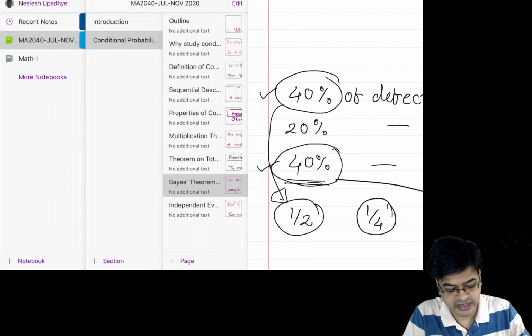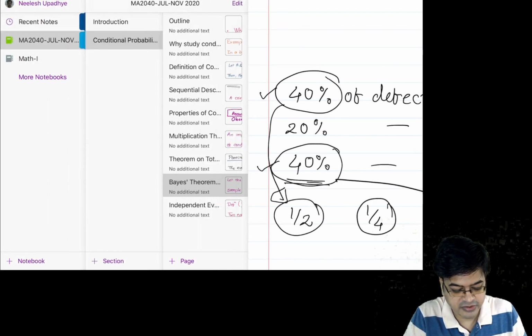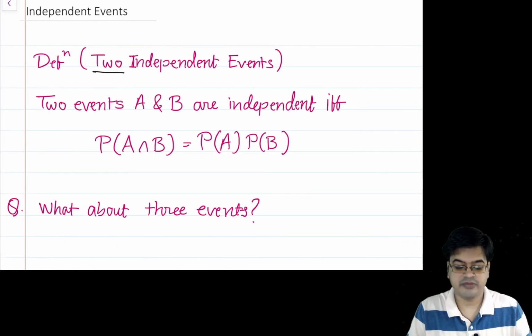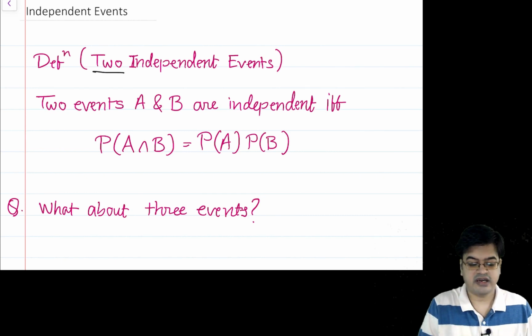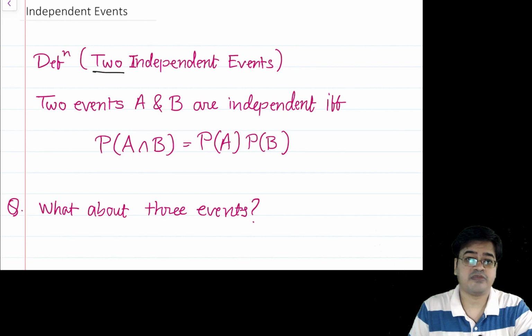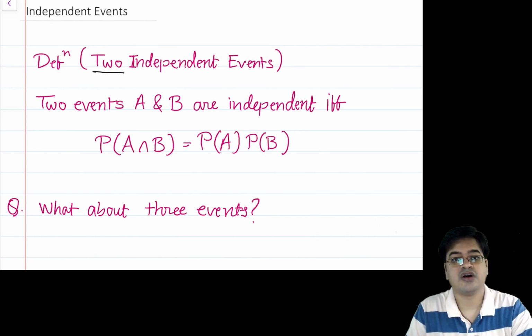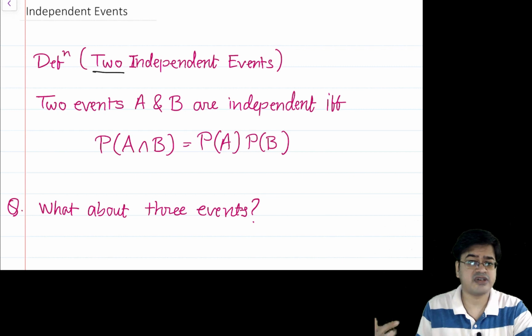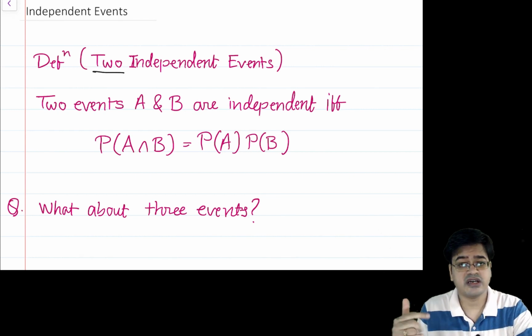Let us now look at the next concept, that is the concept of independent events. So what is independence? First of all, when we talk about independence, some person is independent of somebody else. What does it mean? It means that person is not dependent for money, for other purposes which are under consideration, on somebody else. So how can you say two events are independent? The structure of dependence that we are discussing is conditional probability.